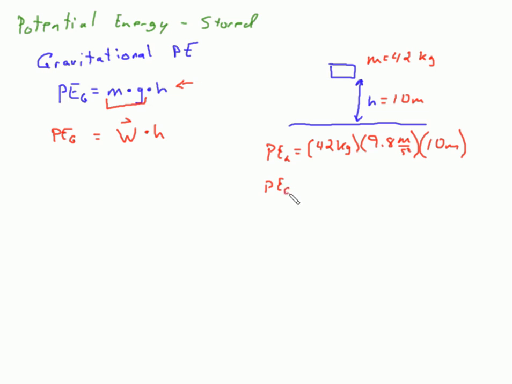So we finish this up. The result of that, 42 times 9.8 times 10, is 4,116. And then our units, we have kilograms times meters times meters,